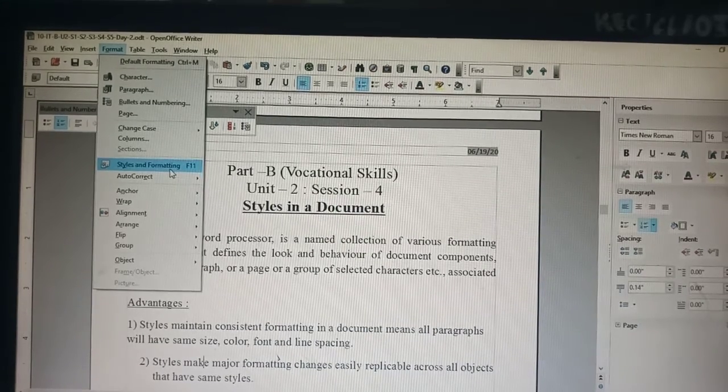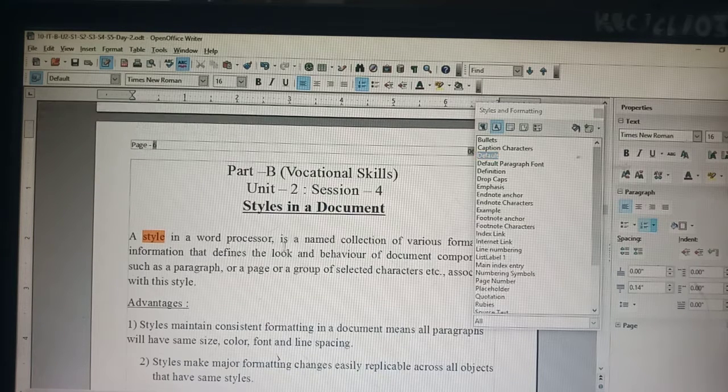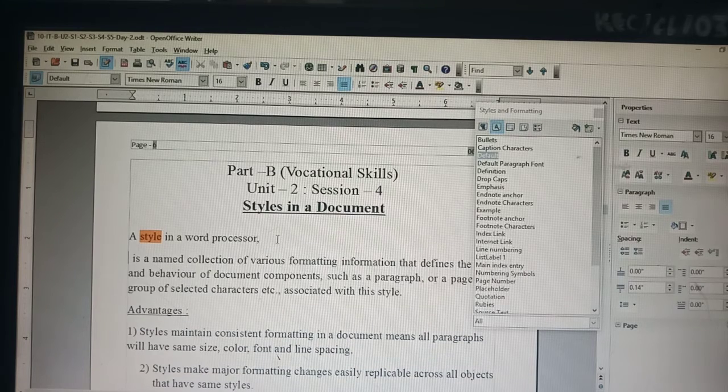Now we are going to see how you can apply a style on an object. For that we click on the style. Then what we are doing, I am making a break here. Suppose here I want to change the style. Here I have to click on paragraph style.